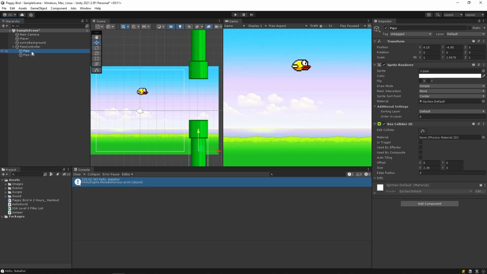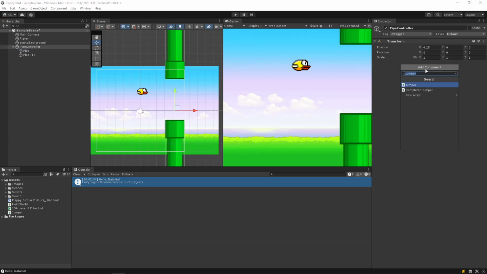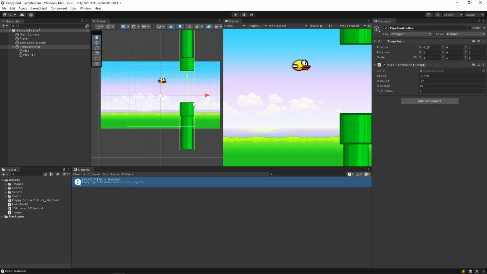Okay. Before, we had it so that you scripted this component yourself. It's a little bit of a complicated script, though not too complicated. I think you have all the tools that you need to understand it. But if you click on add component, type in pipe controller, just add that. What this will do is it adds in a few values to this pipe controller.